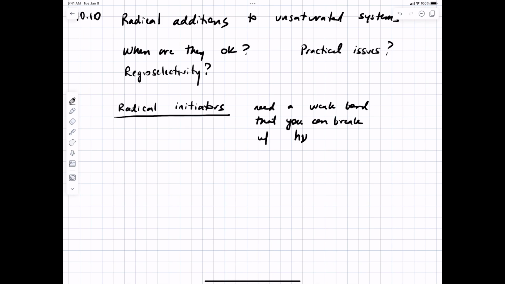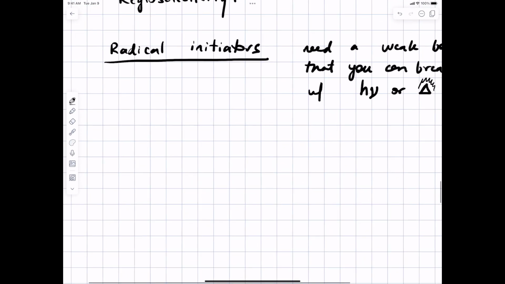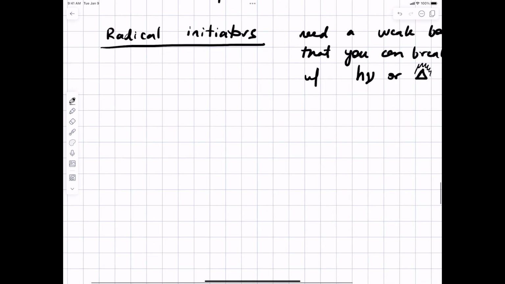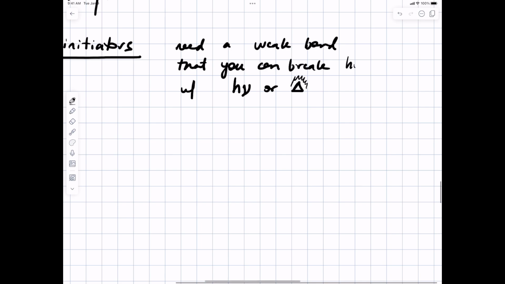That's not the energy of a photon, but that's what we've adopted. Or heat, this is how we write heat, the little triangle, the Greek letter delta, which looks like it's on fire. Nobody ever draws the fire. So a weak bond that you can break, and you want to break it homolytically, that is, each partner